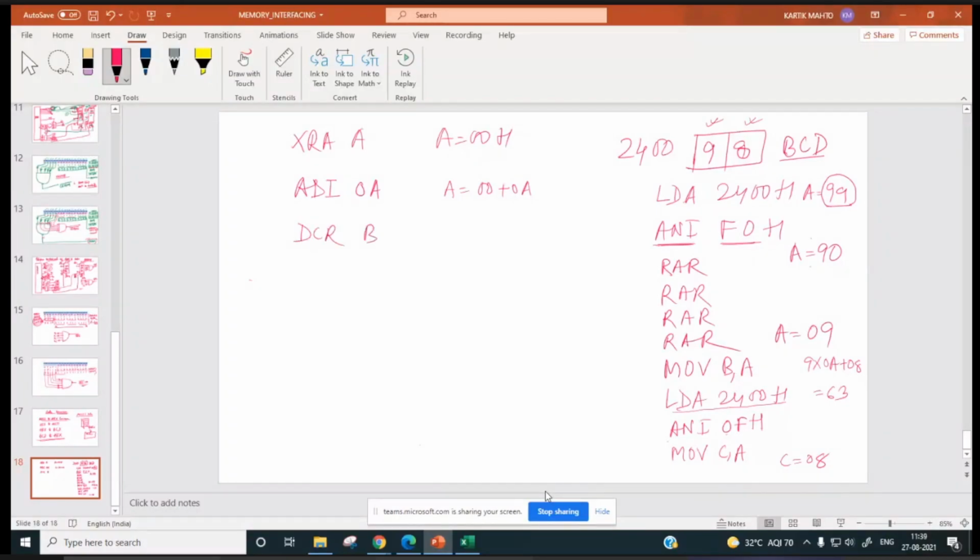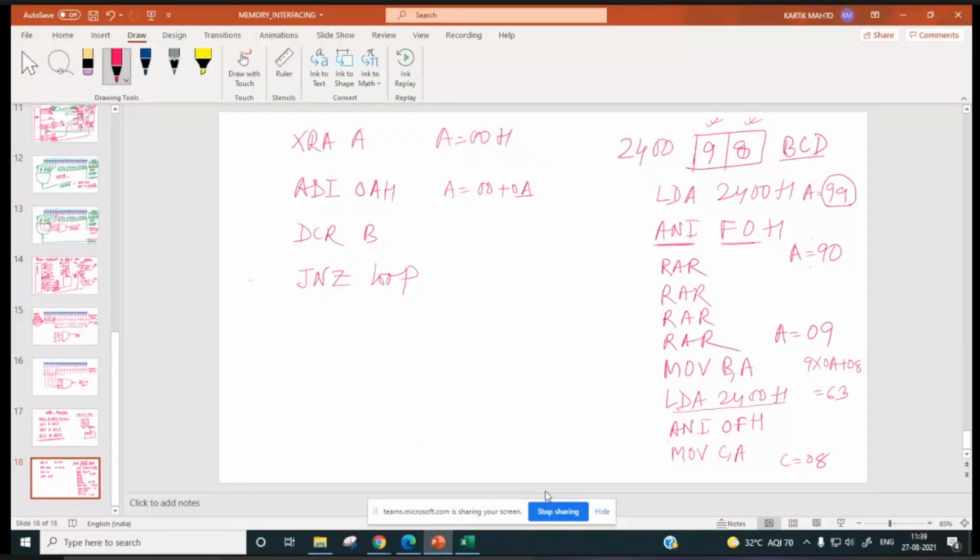JNZ loop. Where will the loop be? Tell me. How many times do we have to add 0A? 9 times.